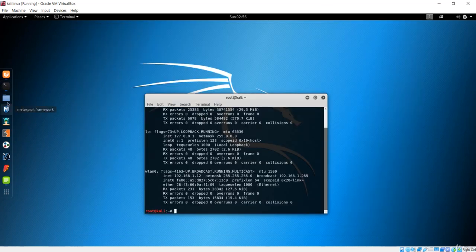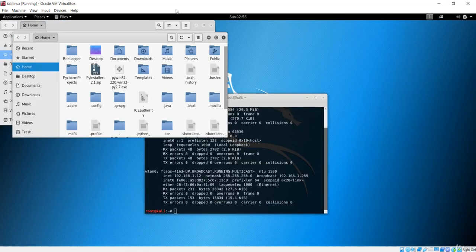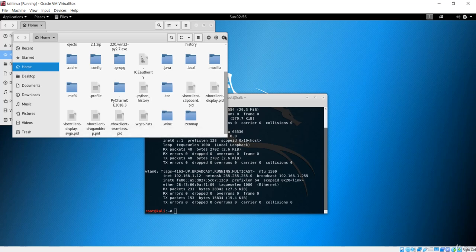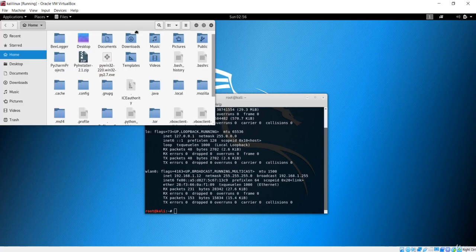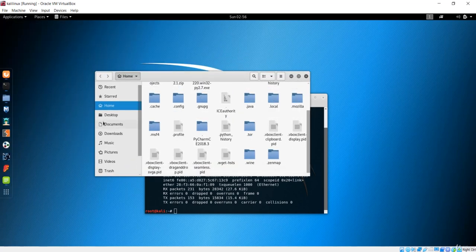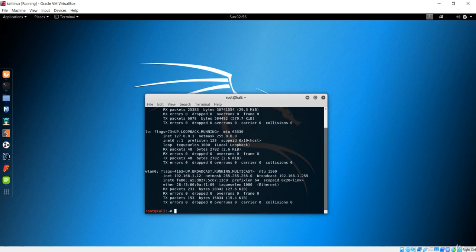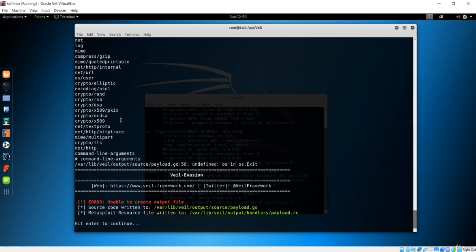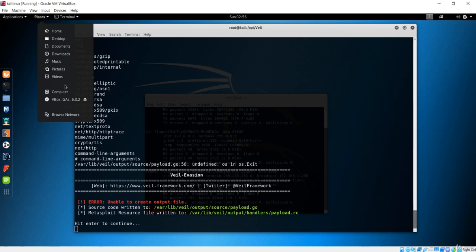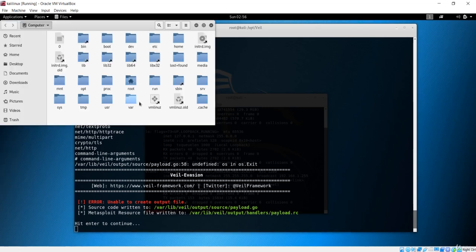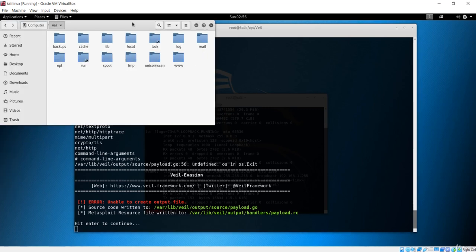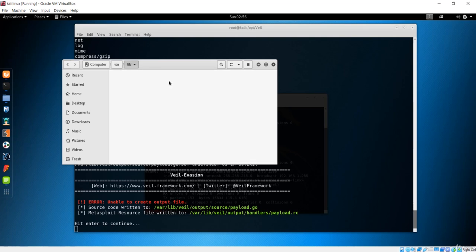I think I have created it with the name, so let's go over there. In your case, if you have done this for the first time, it is going to create it in maybe the Garble folder. So first of all, you have to check where that is stored. In my case, it is var. Let's go to the computer, var, it will be in the library.